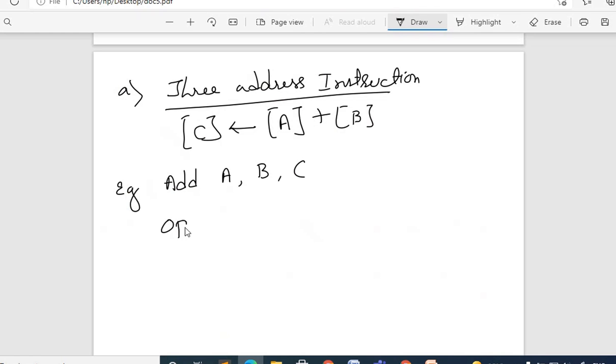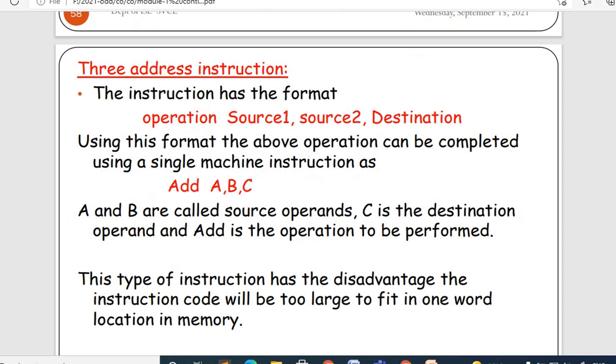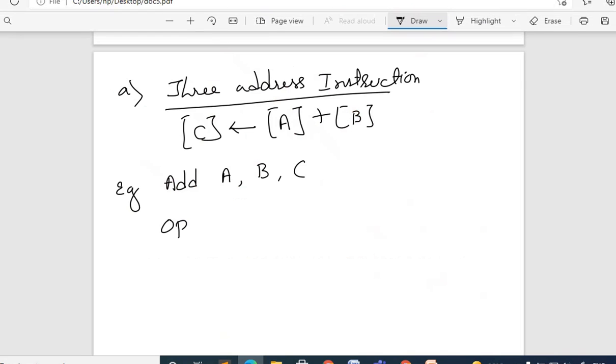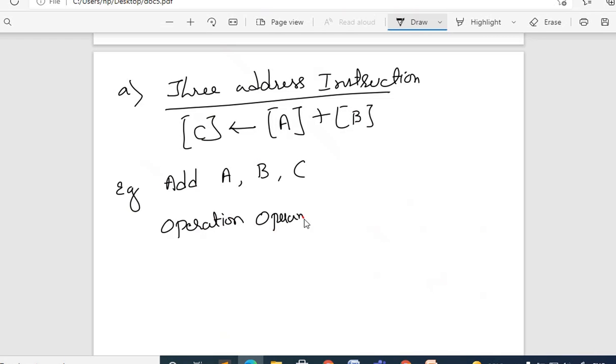It is the opcode, or operation, which tells what operation it is going to perform, then operands, or you can write it as source. I've used the term source. You can use source 1, source 2, and destination.